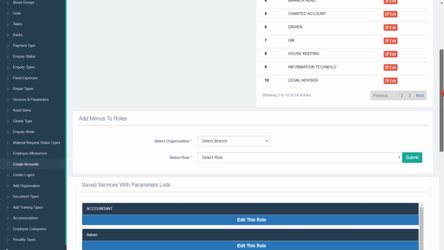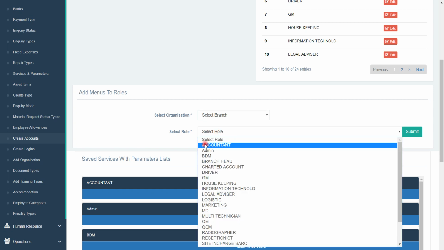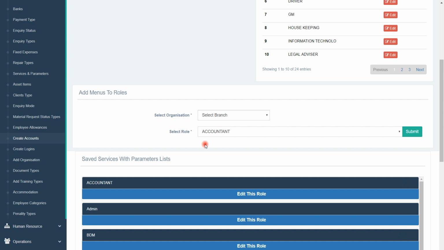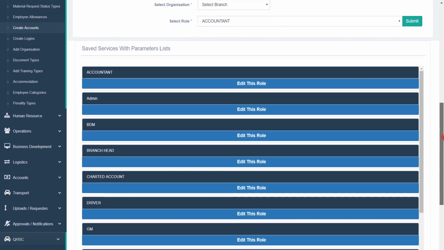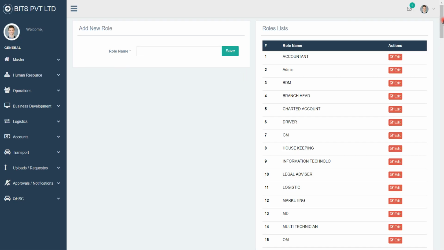Okay. And once we go down, we'll select which branch, how many branches this company has, and for which branch this role has been awarded, and we'll be selecting a role. As discussed, the role accountant will be selected. After selecting this, once we submit, these are the roles and responsibilities. Suppose we have added accountant, we have many menus in these parameters, right? So if we want to edit this role,